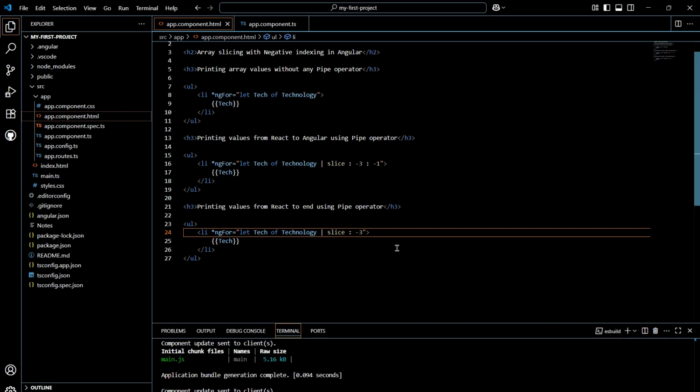Clear? So these are all the steps that we are supposed to follow in order to access the values from the array with negative indexing. Now there is one small assignment for all of you. Maybe you can try to do that. Just create one array and try to apply both indexing at a time, negative as well as positive. You can simply create two arrays, and on one array you can try the negative indexing, and on another one the positive indexing. After doing that, you will get the required values. If you are getting any issues or any confusion,